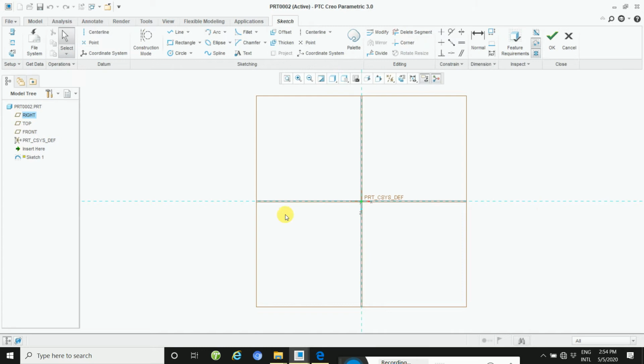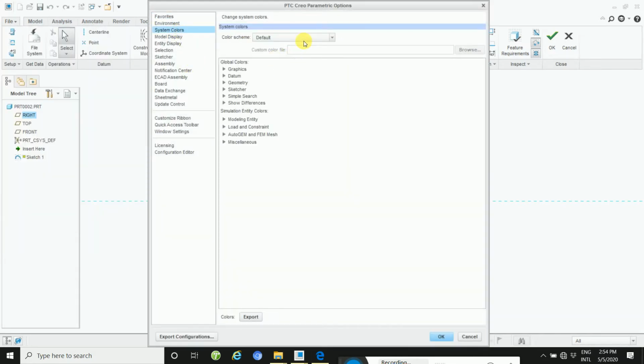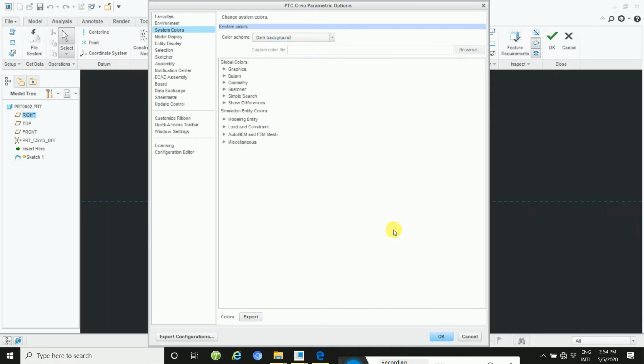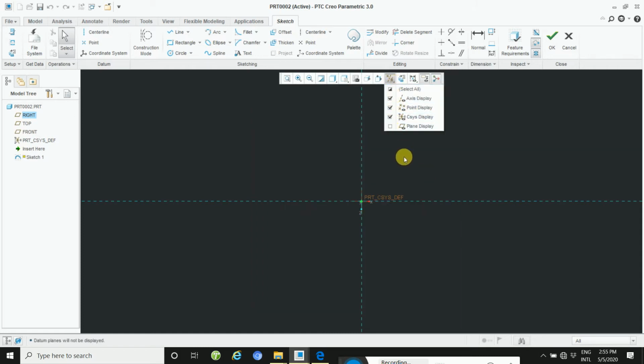If you want to change the display, go to file, option, system color. Here select a dark background, then okay. And if you want to hide this plane, select here and then plane display hide.